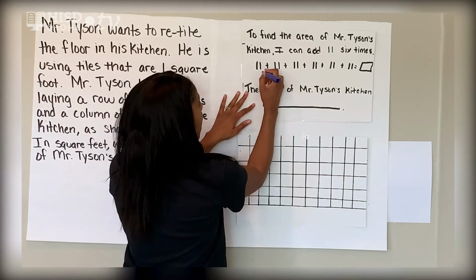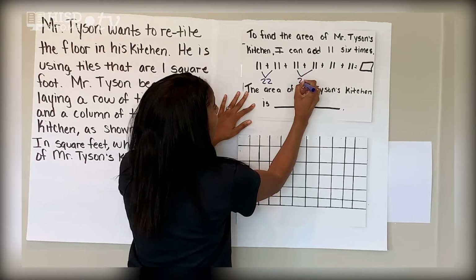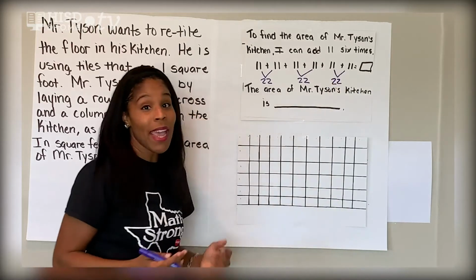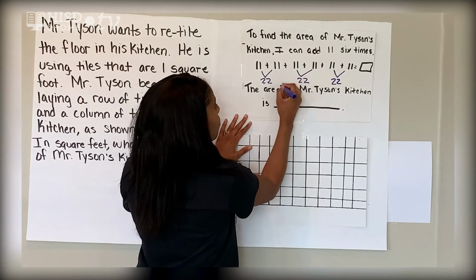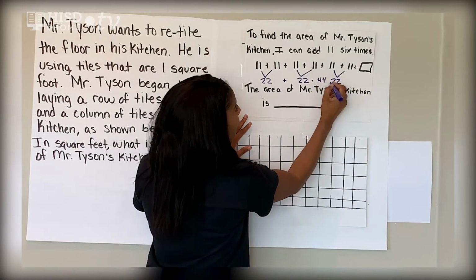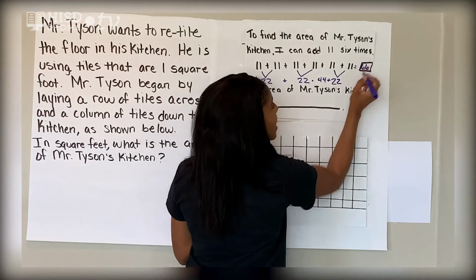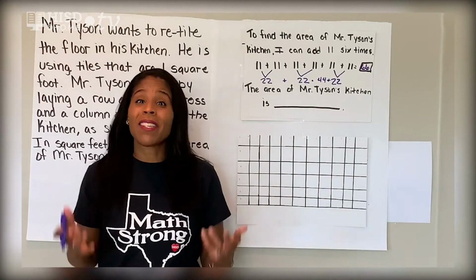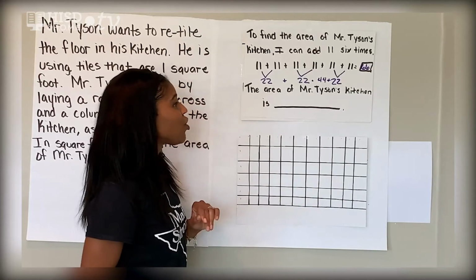I know that 11 plus 11 is 22. Another 11 plus 11 is another 22. 11 plus 11 is 22. So man, I'm using my doubles to help me to count. Then I know 22 plus 22 is 44. Wow, and then I add another 22 to that 44. That gives me 66. I also use repeated addition, plus I also use my double strategy to help me to add. So now the area of Mr. Tyson's kitchen is